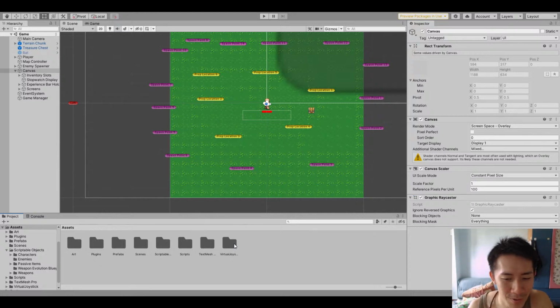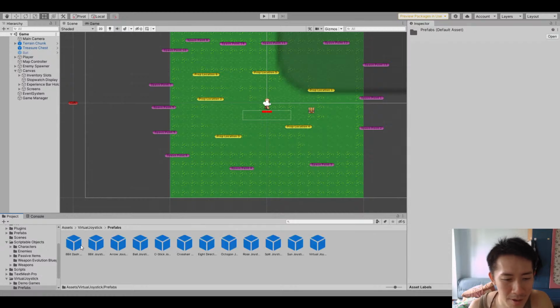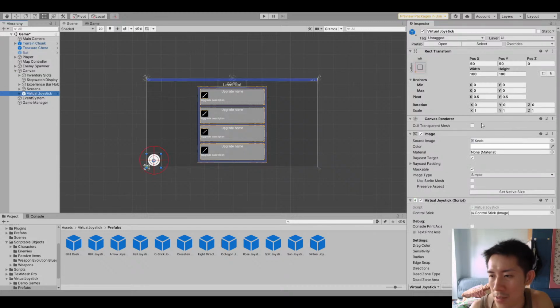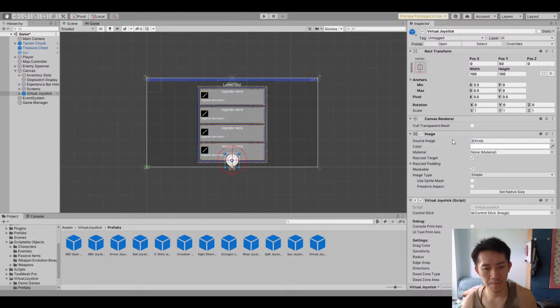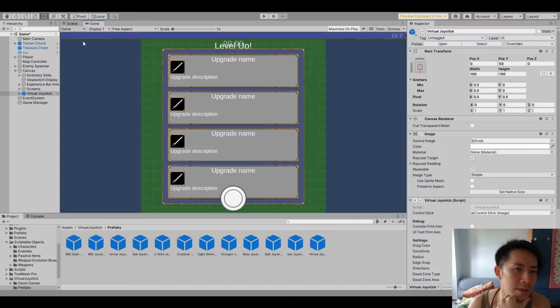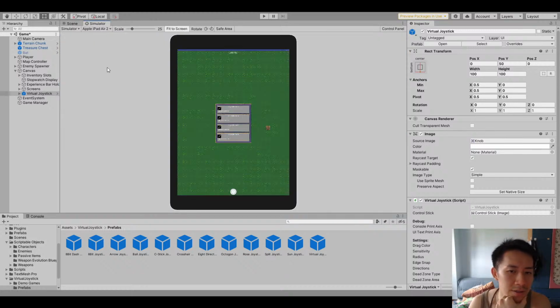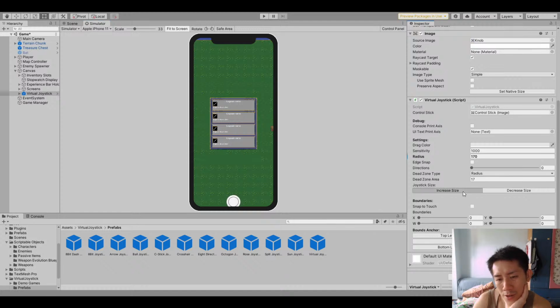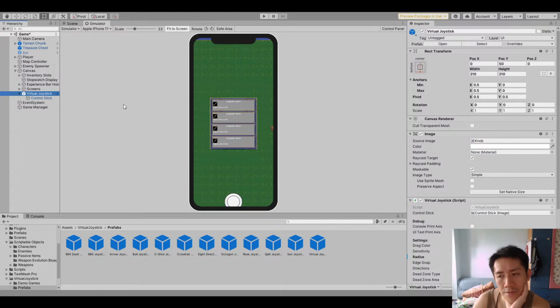Okay, let's redo everything. We have to drop the joystick right here, and we can anchor the joystick to a part of the screen. Let's anchor it to the bottom. And again, we have to test it against multiple devices to see how everything sizes up. So the problem is that we can increase the size of the joystick, but because the joystick is made of multiple components, if I want to increase the size of it, I will have to increase the size of